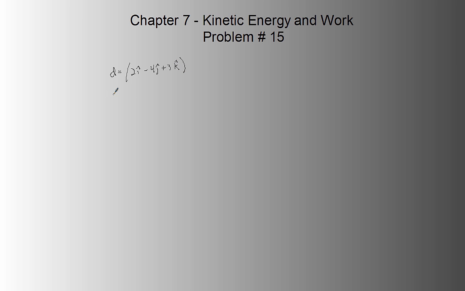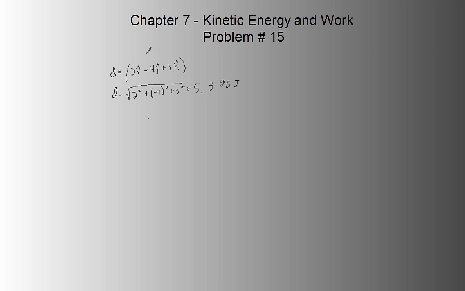So what's the actual displacement? d is the square root of 2 squared plus negative 4 squared plus 3 squared, which equals, oh hey, I didn't calculate it. But it equals 5.385. Didn't do that in my head. I paused it. Anyway,